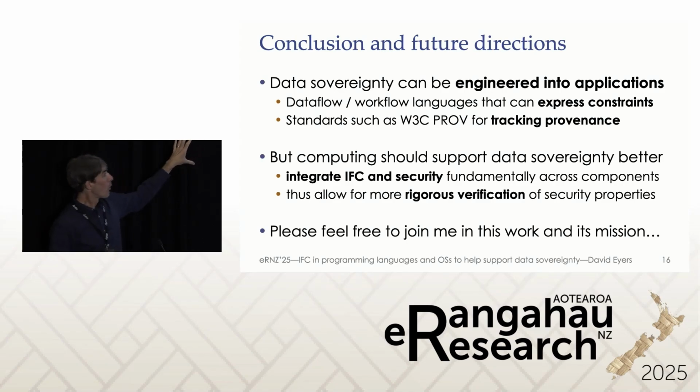But my pitch here, although I'm on the rather obscure, ten years' time end of this pitch, is that computing should support concerns like data sovereignty just better. What I mean by that is that the assurances we should get should be higher, from the quality of the technologies that we're using to build them up. And so I think it's going to be possible, and there are emerging technologies that bring us closer to integrating information flow control and security, not only in the typical integrity and confidentiality notion that's used, but also allowing rigorous verification of some human level considerations, things like data sovereignty.